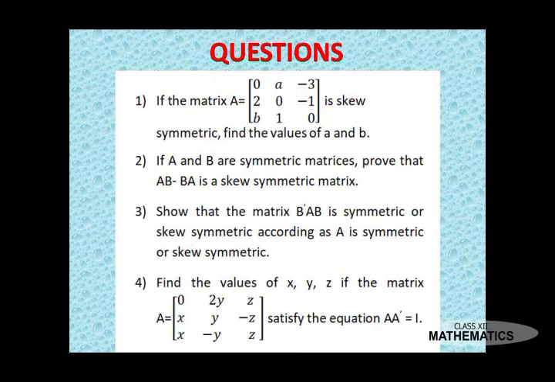And one more question is there. Suppose A is skew symmetric, then prove that B dash AB is skew symmetric. Okay. Now I'll prove the first part. The second part you can easily prove at home. Okay. Now we'll see the first part.